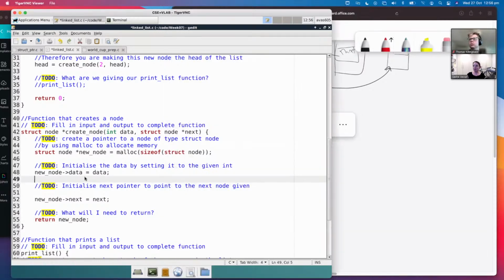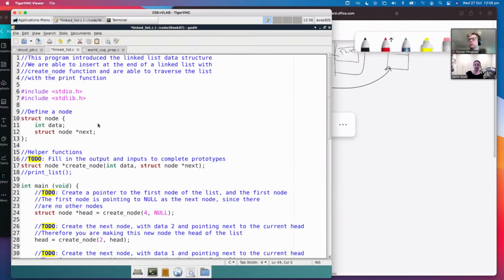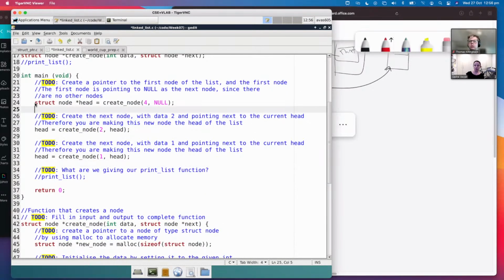Okay, so what that means now is potentially we have this lovely node that's just going off and happening, and we will not get a chance to see if it's happening because we need to be able to go through the list and perhaps read through it. So what I'll do, we've just created one node for now, okay? And that node, oh no, we've tried to create 3 nodes here. Oh, and I've also made a mistake here that I've now realized someone pointed out. Okay, so let's